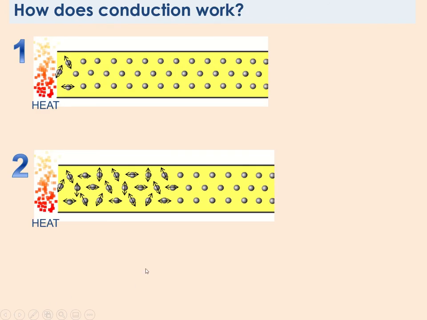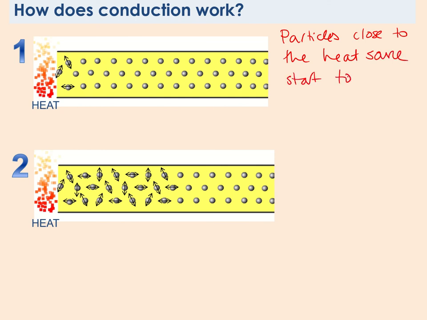So let's try to write down a definition of conduction. So conduction starts off with particles close to the heat source start to vibrate more rapidly. Now it's really important that you don't just say start to vibrate, that you say vibrate more rapidly, so you show that it's the same but more than it was doing before, because all particles are vibrating a little bit unless they're at absolute zero. So the next thing that happens is